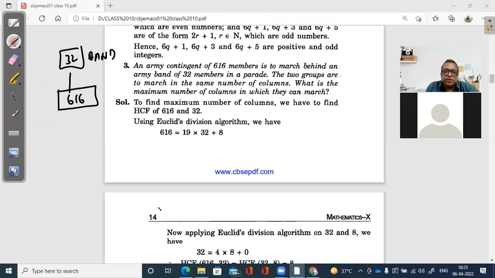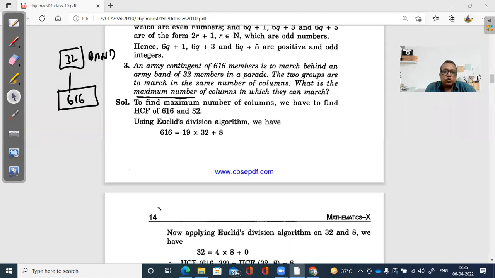So here the key word is maximum. What is the maximum number in which they can march? Now, if you've seen a march past, what is important is that the number of columns is always same, right? The number of columns is always same. That means if there are 2 people or 3 people or 4 people, then throughout there will be that same